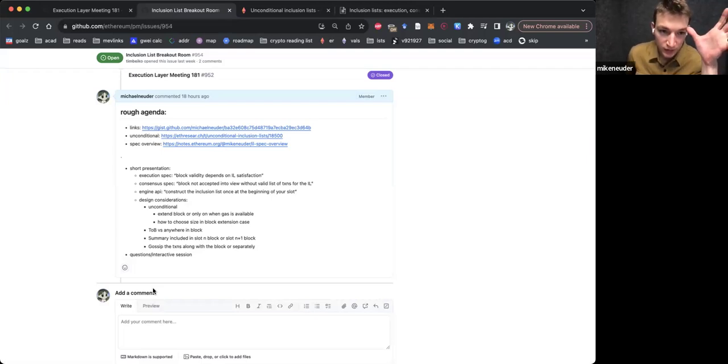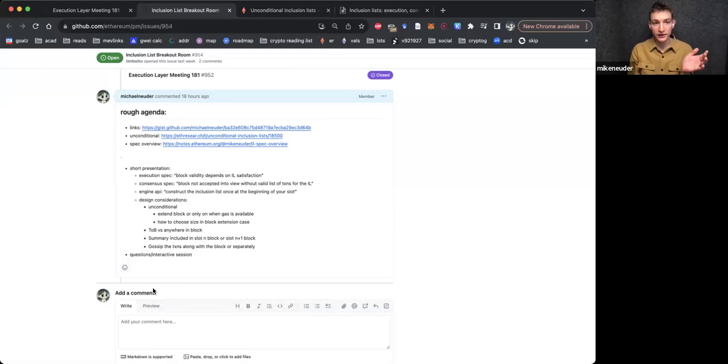This has the nice benefit of not forcing us to choose a gas limit, and you still get this unconditional property. The only slightly annoying thing here is that you have to track the gas for each of those transactions. In the case we just took, let's say that the transaction that was included in the slot n payload doesn't have enough gas to be included at n plus 2, because we only do the check for n plus 1. Then you have to do this pruning thing for the inclusion list transactions. So that's the only downside.